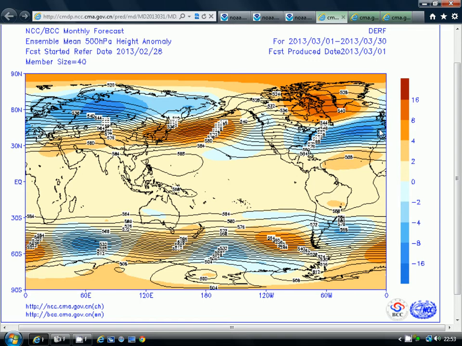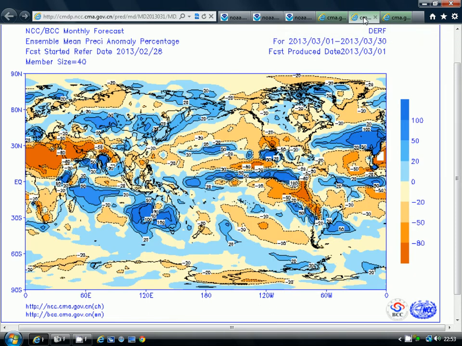But where the Beijing Climate Center differs from the CFS model is further to the east of the country, because we've got below average heights really stretching across much of Scandinavia and Central Europe as well, whereas the CFS model actually did have somewhat above average heights stretching in towards Scandinavia and Central Europe. But for the Atlantic setup, it's quite a similar sort of idea.